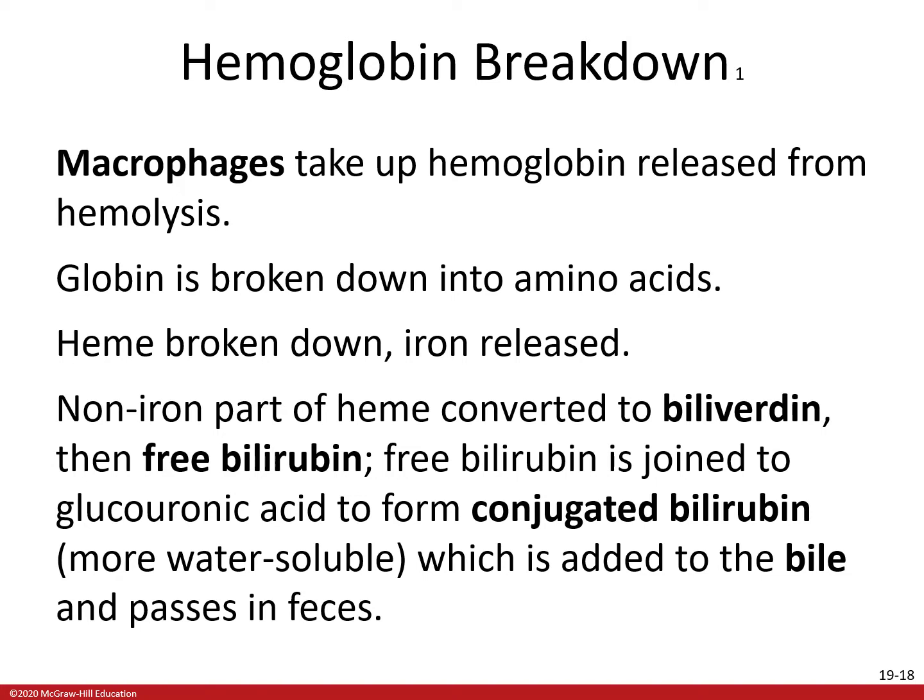The non-iron part of heme is going to be converted to biliverdin and then turned into free bilirubin. So remember, we were talking about free bilirubin before. This is where it's coming back in. Free bilirubin is going to be joined to glucuronic acid to form conjugated bilirubin. This is going to be a more water-soluble type of bilirubin, which is then going to be added to bile,